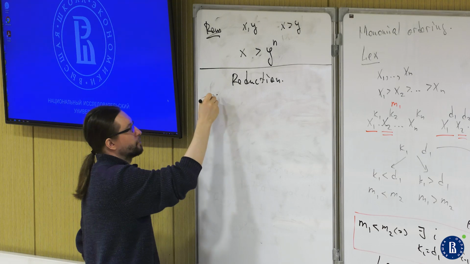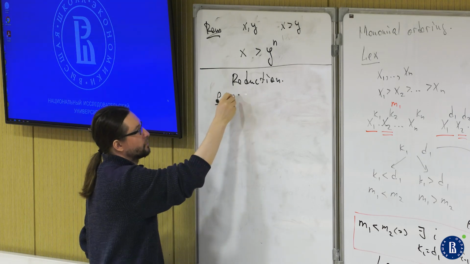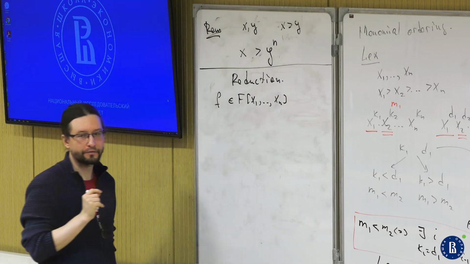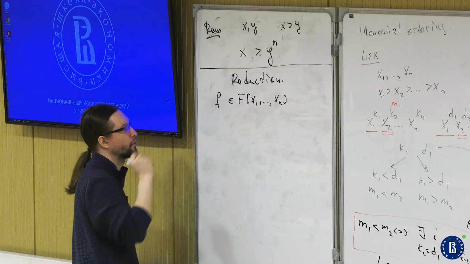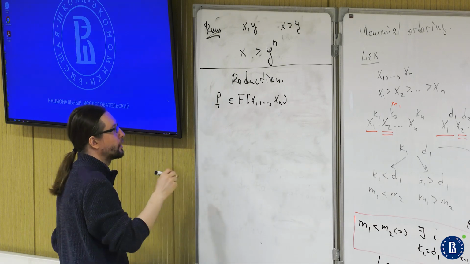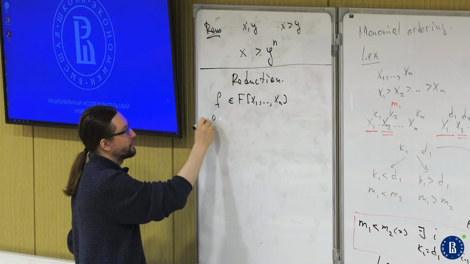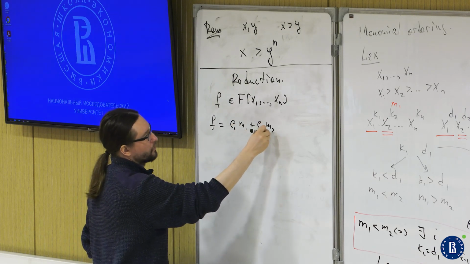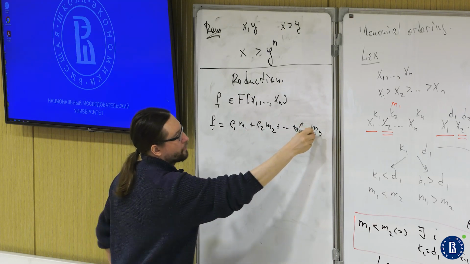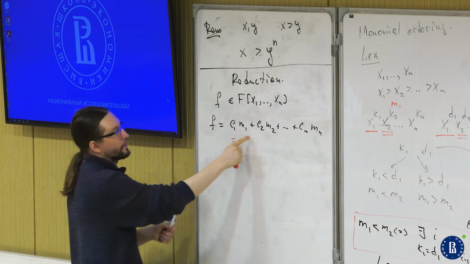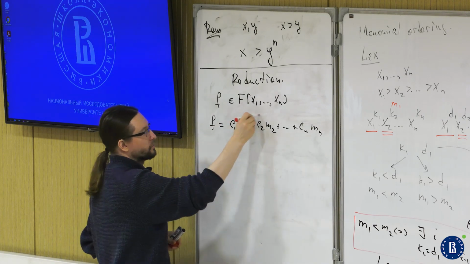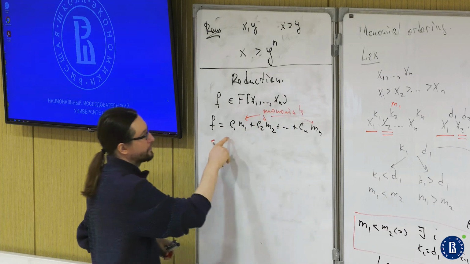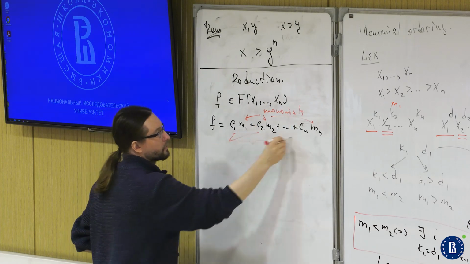Okay, so suppose we have a polynomial in n variables with coefficients in a field F. So F will always be a field. So now we can write this polynomial in the form where m1, m2, mn are monomials, and c1, c2, and cn are coefficients